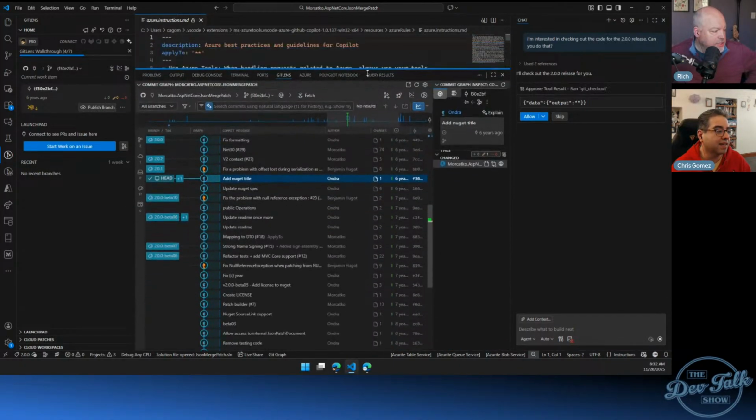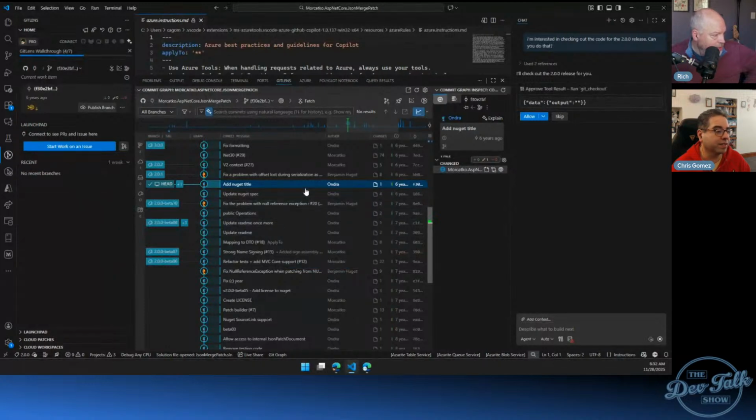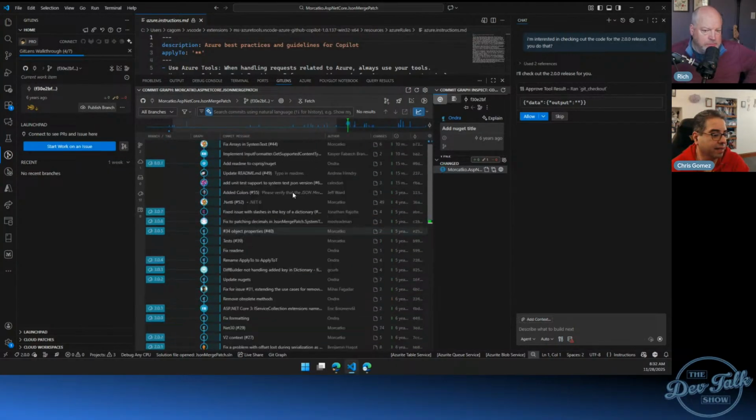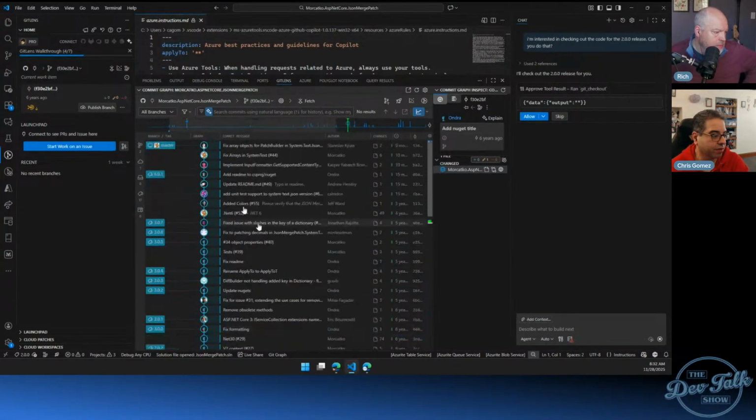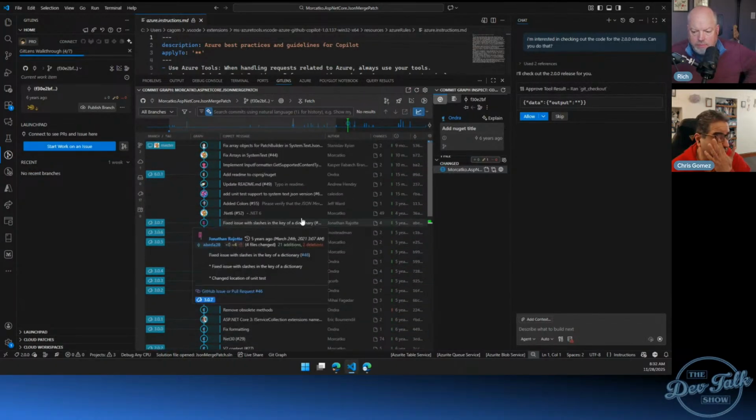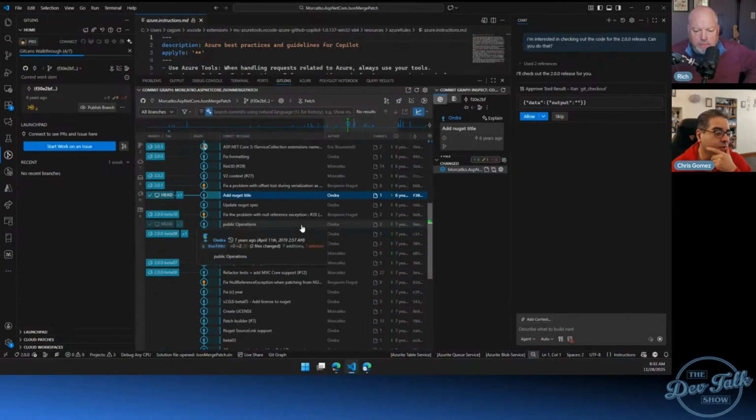I'm guessing you might be able to drag it around. I could probably move it. So right here, no, it's in the right spot. Okay, here's the tag 2.00, and then it's a little ways back because here's the current state. So yeah, it does what it said it would do.